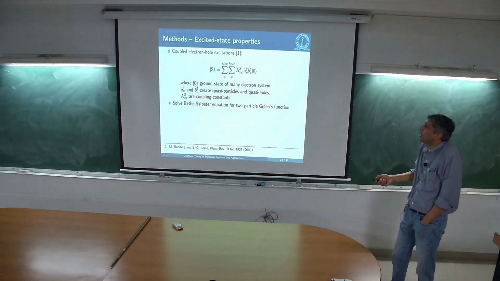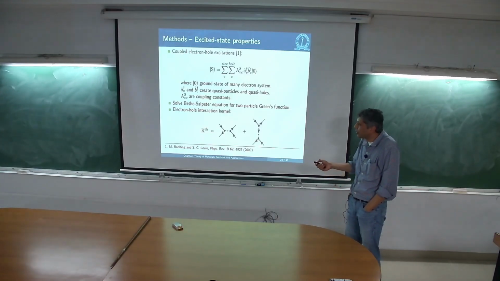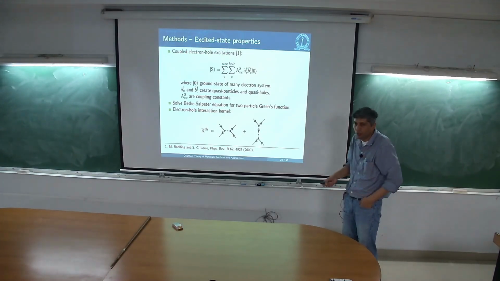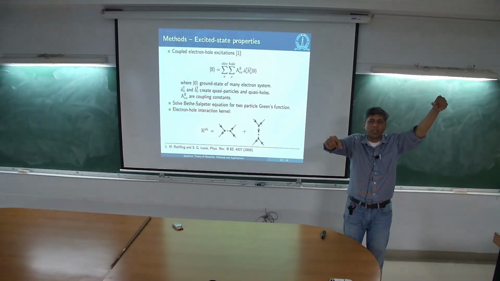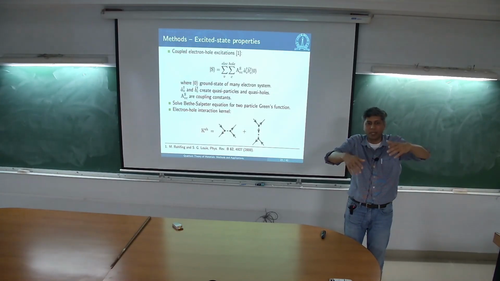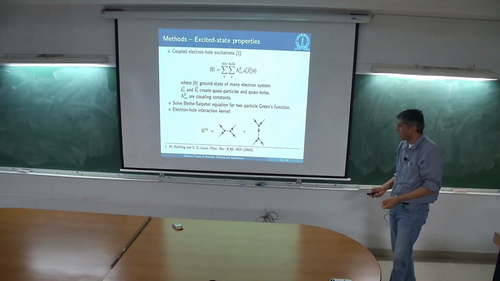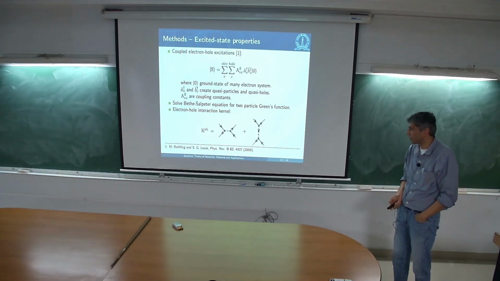Okay. So you have to now solve the Bethe-Salpeter equation for two particle Green's functions, and you can write the electron hole interaction kernel in terms of Feynman diagrams: this is the exchange diagram, and this is the screened Coulomb interaction. Again, you are basically saying that an electron and a hole are inside my solid, and they are going to talk to each other by the screened Coulomb interaction, but this is attractive. Yeah, and that's going to mix up a whole bunch of things. So you can write this electron hole interaction kernel, and you can solve for the optical spectrum after that.